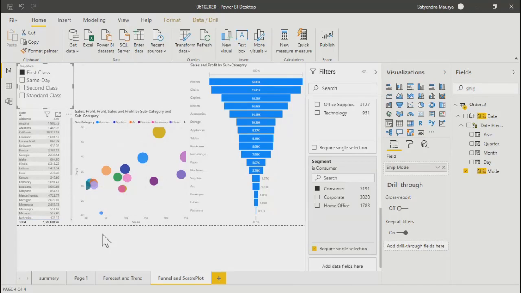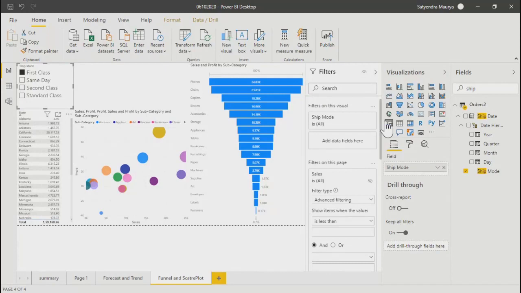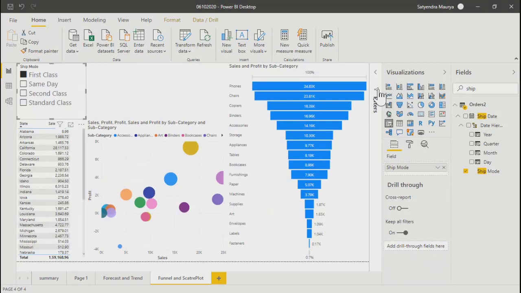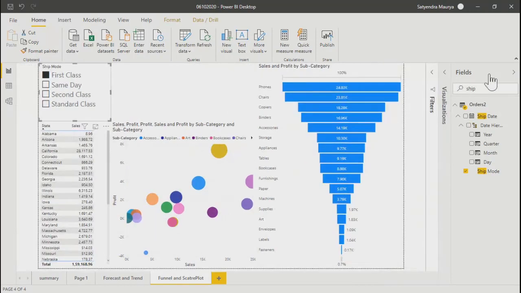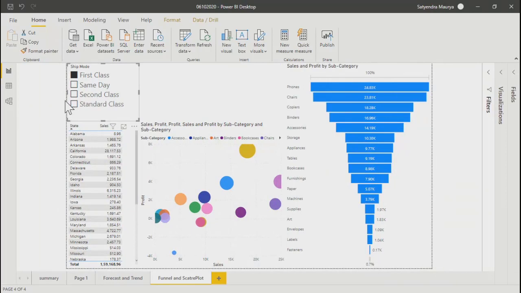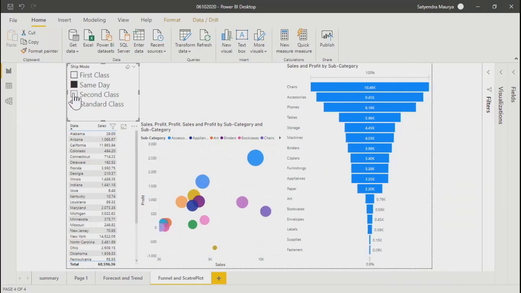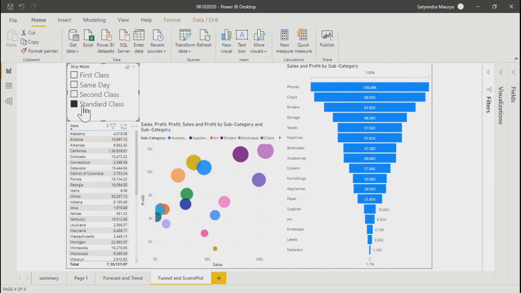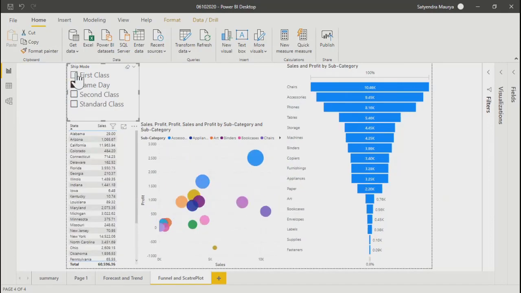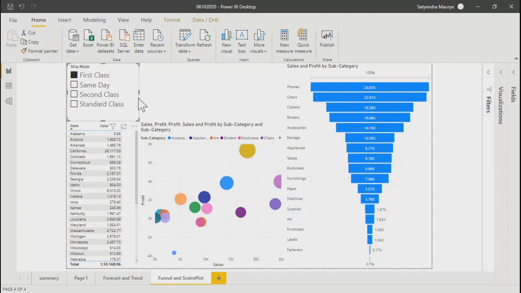So there are two things. One is in filters, you can always show any filter in this filter pane. There is very little customization option, and most of the things will be the list of fields you get over here. In case you don't want to show it, you can collapse it. That's a feature the filter pane has. But in case of slicer, as of now, we are looking at a very basic slicer, which shows you a control on the object in this particular view.